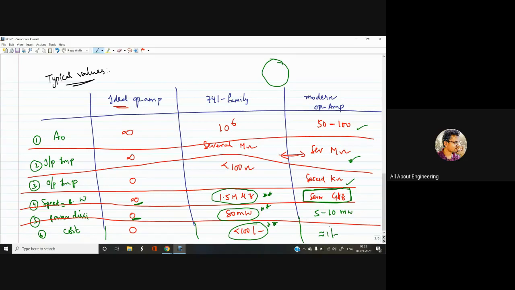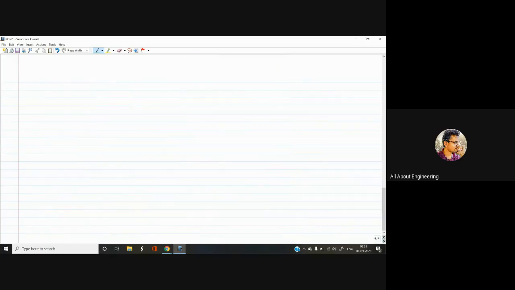So it would be very easy for us to get a modern op amp for around 1 rupee or somewhat like that. Now the thing you should focus on is, we will typically read that the gain bandwidth product is constant. This gives you a feel: where the gain is large, the bandwidth is reduced, and where the gain is small, the bandwidth is increased. This is one such interpretation which you can make regarding these things.